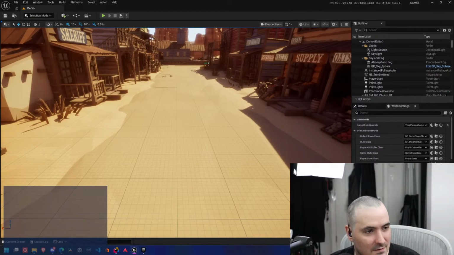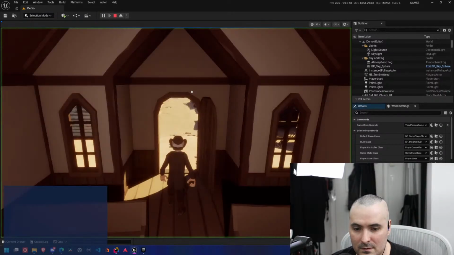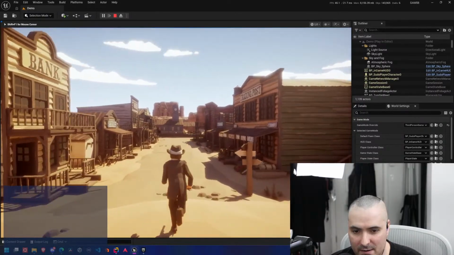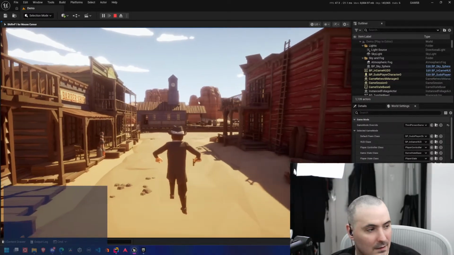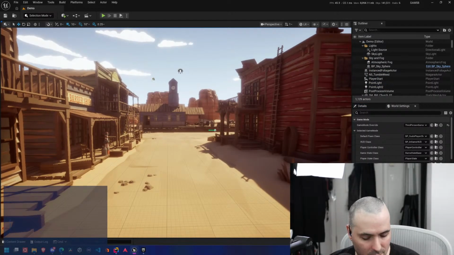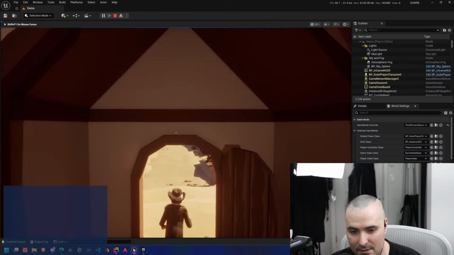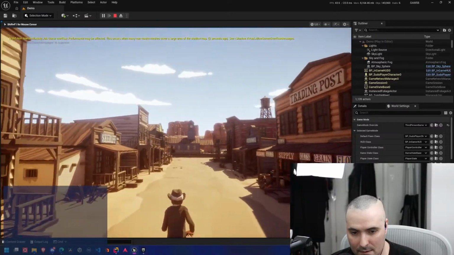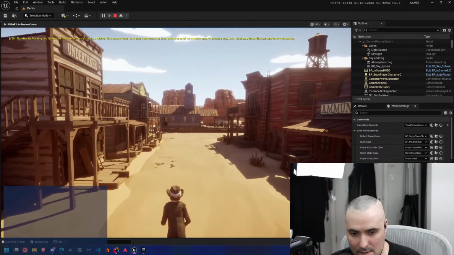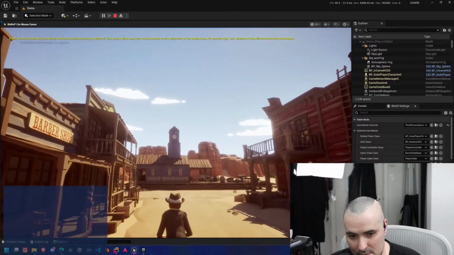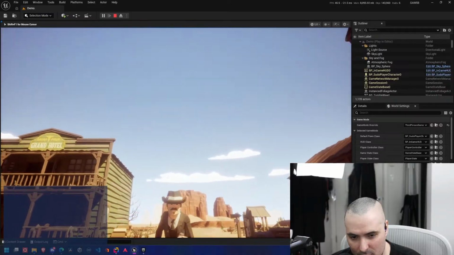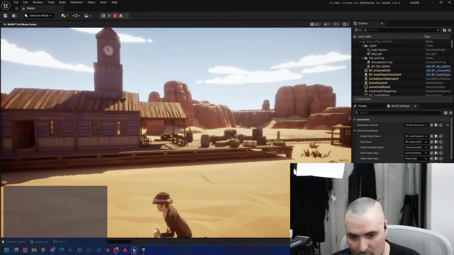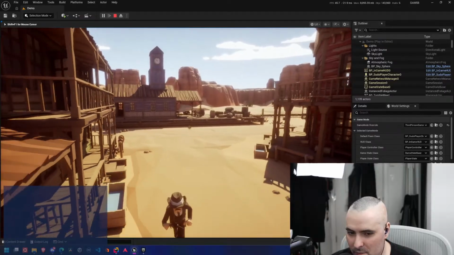Minus 15. Oh, that's better. What if we do minus 0? I don't think that's going to be good, but we're going to test it anyways. It works. Pew, pew, pew, pew.